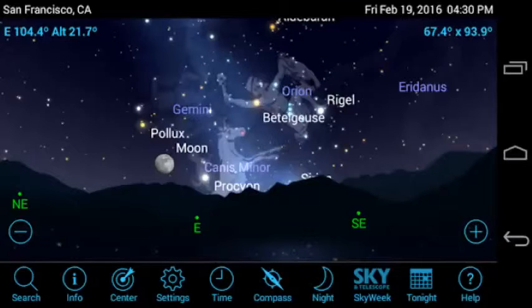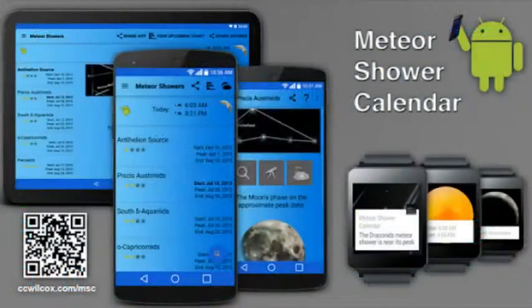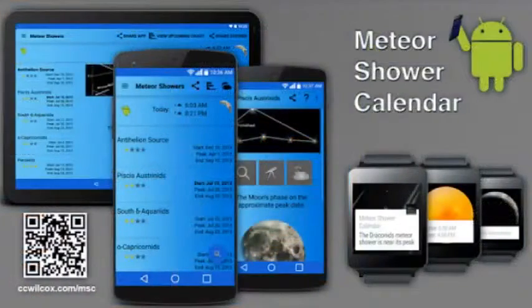As a supplement to sky charting apps, you can use dedicated apps to follow showers and count meteors. The free Meteor Shower Calendar app for Android and iOS issues notifications of upcoming showers and includes weather forecasts, moon phases, and historical data. The American Meteor Society is a terrific online resource for meteors. The free app for Android shows current meteor and moon information, a summary for the year and sky maps of radiant locations,